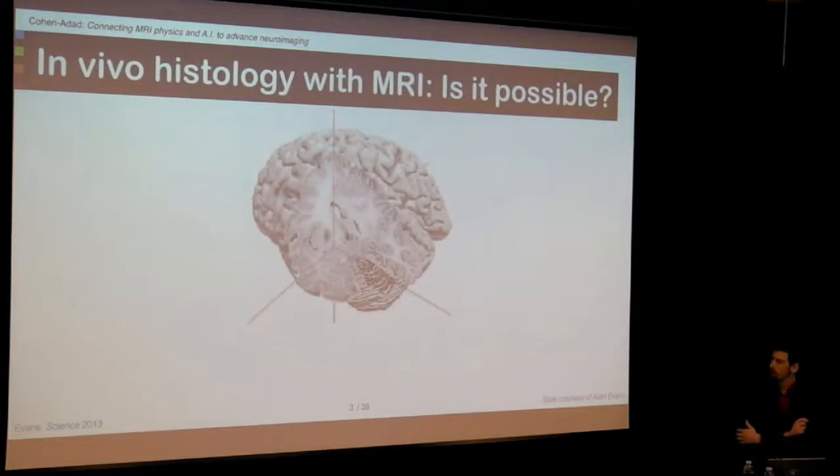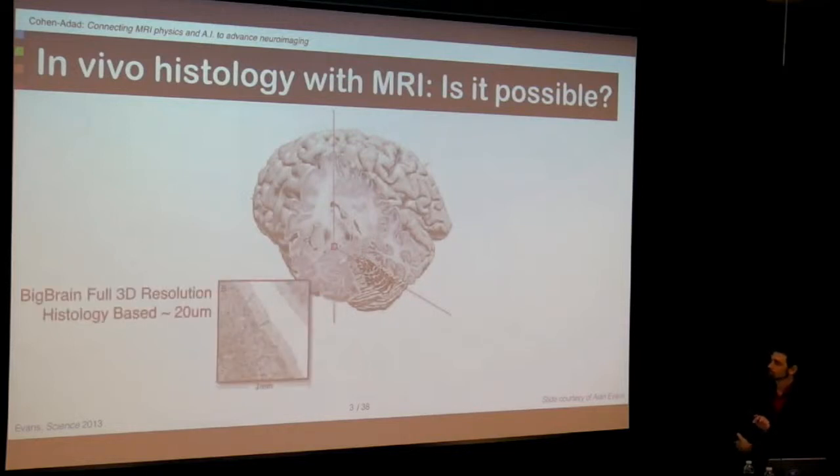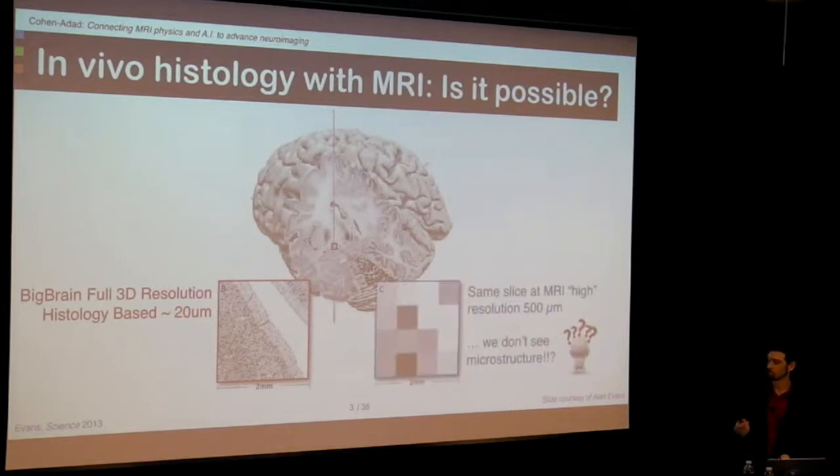Now we hear a lot about microstructure or in vivo histology with MRI. In very high resolution, we see that there are some neurons, there are some axons that connect the neurons together. And ideally, what we would like to do with MRI is to be able to interrogate, to get some quantitative measures of, for example, axon density or neuron density, because in some diseases, we know that they tend to degenerate. And it would be nice if MRI could be sensitive to that. Good news is that